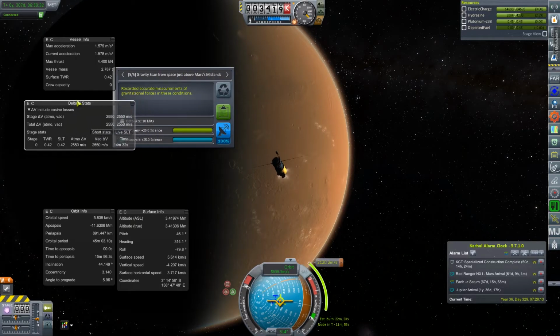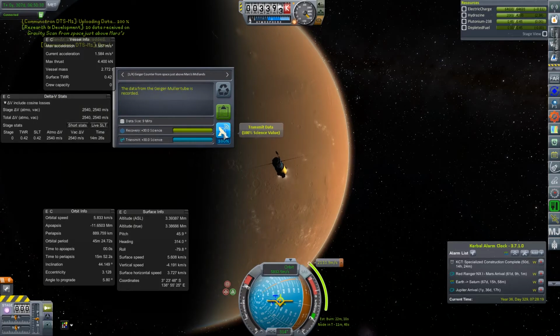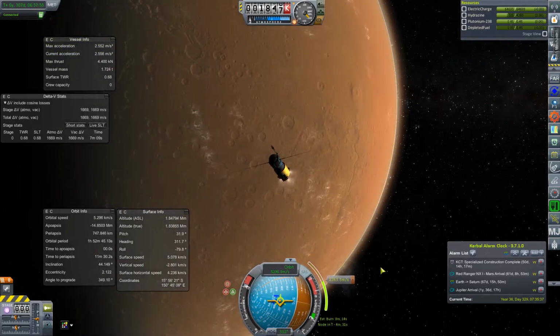So we've started burning way early and just gathering some science and seeing what the red planet looks like up close. And at that point, we basically achieved the objective. Hooray! More science. We're really getting a lot of science this mission. And well, as we keep on burning,